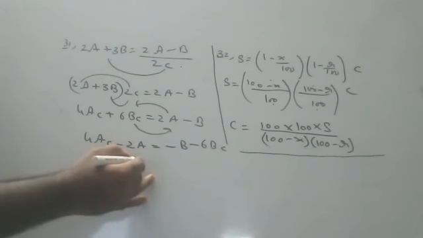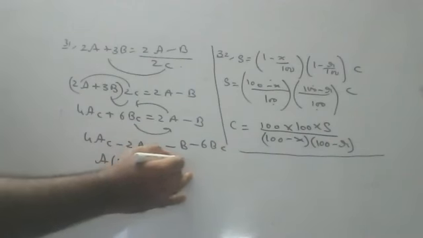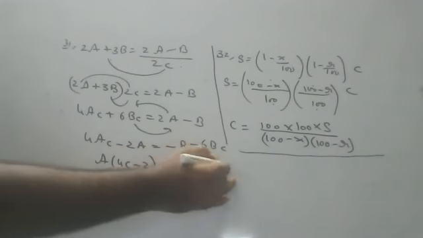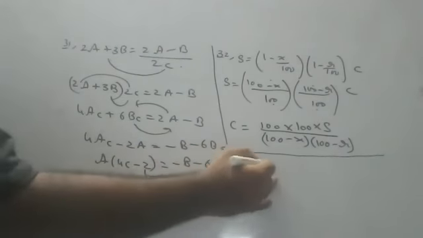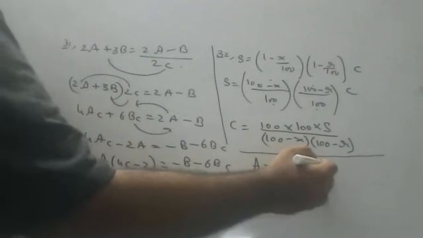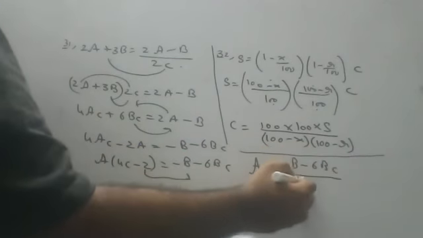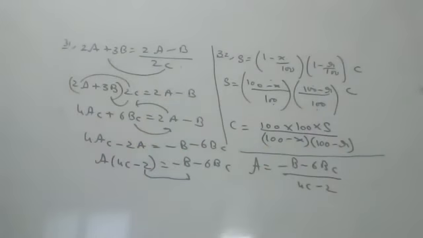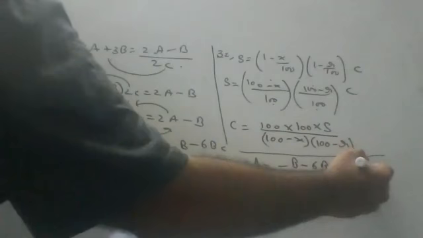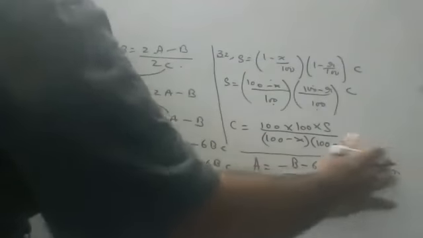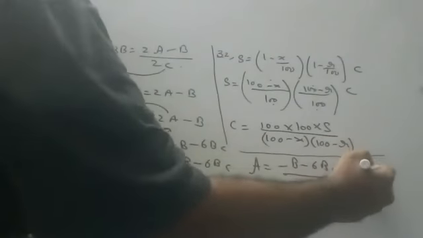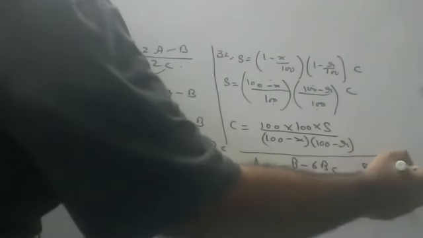A into 4C minus 2 is equal to minus B minus 6BC. Bring this down, that's the answer: minus B minus 6BC by 4C minus 2. Take minus common, children. If you take minus common, B plus 6BC. B also you can take common, children. B into 1 plus 6C by